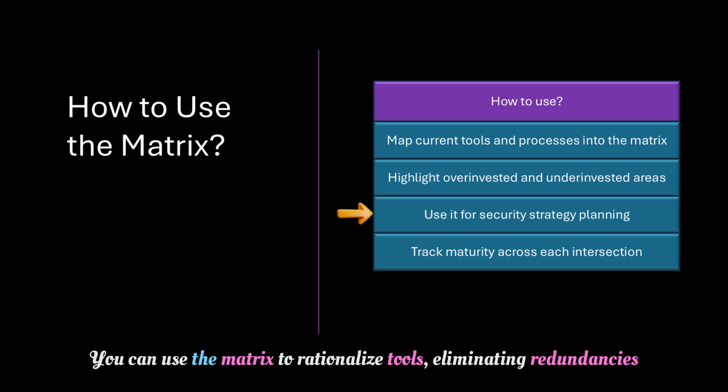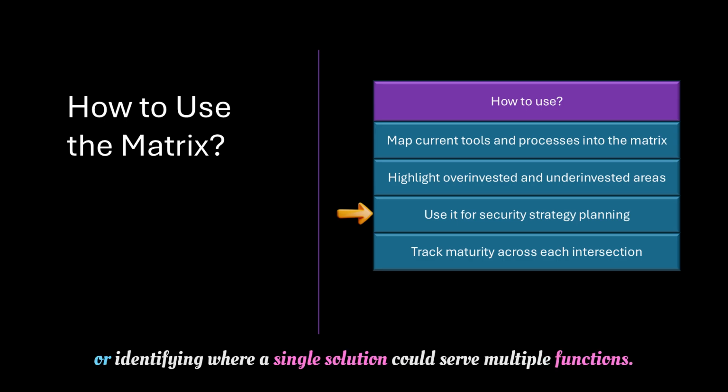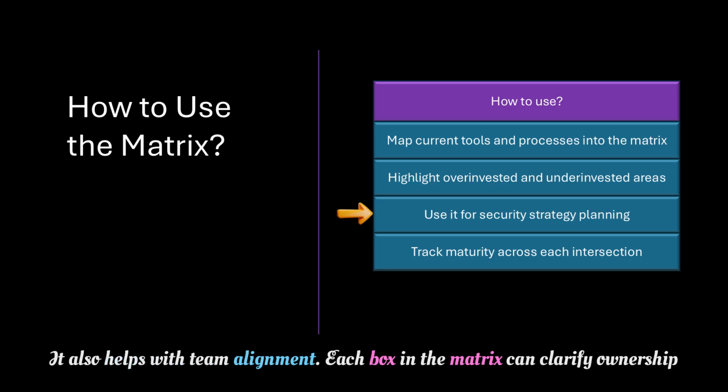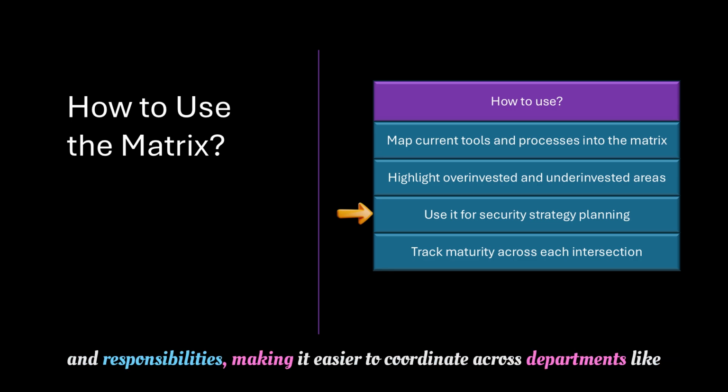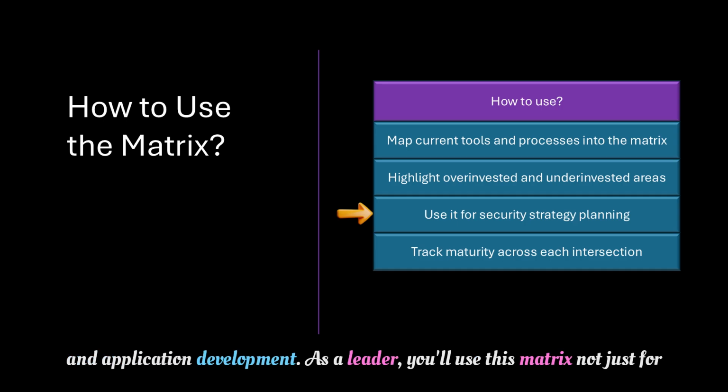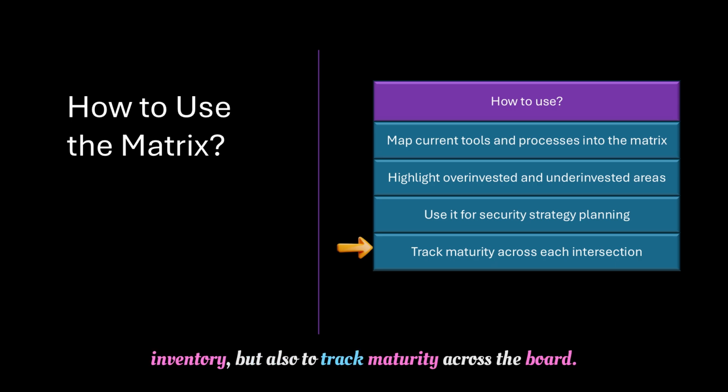You can use the matrix to rationalize tools, eliminating redundancies, or identifying where a single solution could serve multiple functions. It also helps with team alignment. Each box in the matrix can clarify ownership and responsibilities, making it easier to coordinate across departments like IT, SecOps, compliance, and application development. As a leader, you'll use this matrix not just for inventory, but also to track maturity